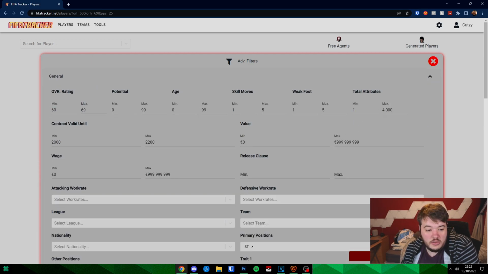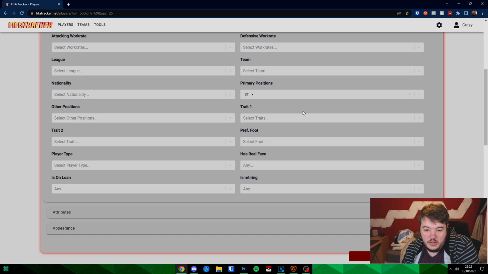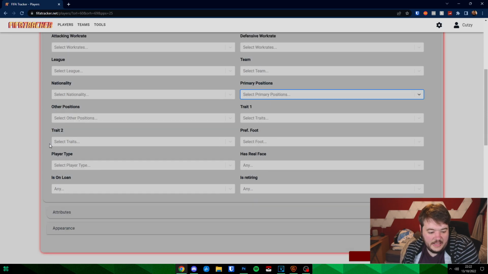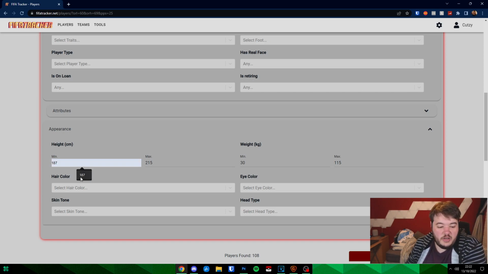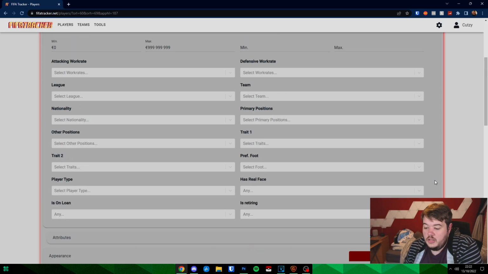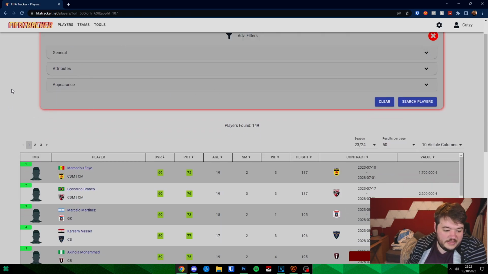So let's go and change these filters. We don't need primary position striker. We just like height, which would be in appearance. Height minimum, I think I put 183 because I know 187. I put 187, so I know that's about 161, 162. So we search that, and then minimize the filters again. We get to see